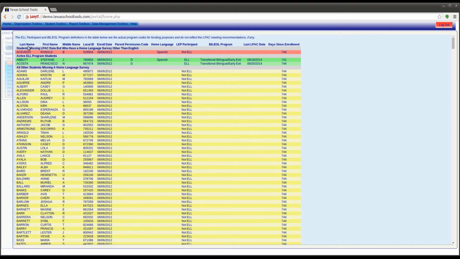Frequently, those two pieces of information will be the same, but in the event that they are not, it would show the actual program codes to give you an actual picture of what's going on. So the information across the top of the bar will tell us what these columns mean. Of course, we've got our student last name, first name, and middle initial, their local ID, their current enrollment date,